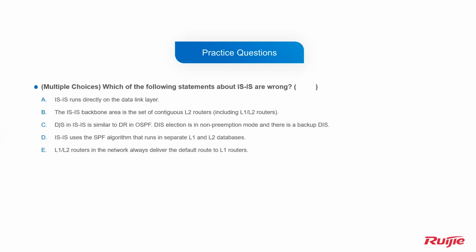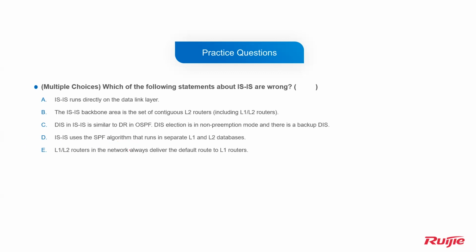DIS election is in non-preemption mode, and there is a backup DIS. This option is wrong, right? Because in ISIS, it is in the preemption mode. Every time we will select the highest priority router to become the DIS, and there is no backup DIS. So option D,